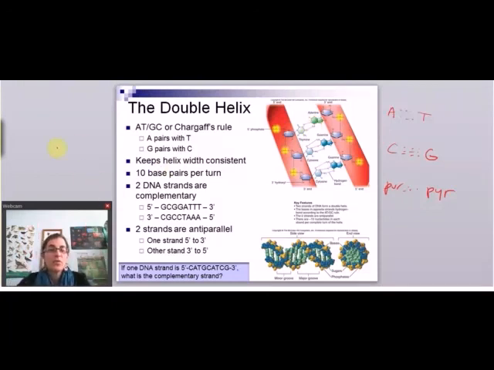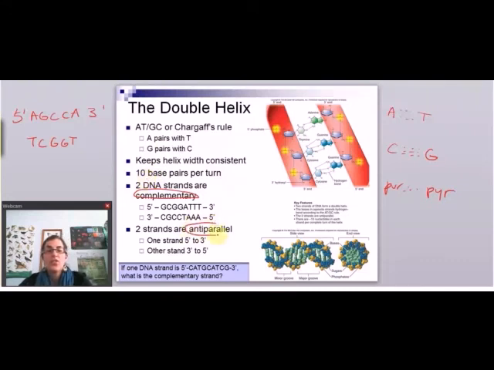Because of the base pair rules, the 2 strands are complementary. So that means if I know the sequence of one strand, like if it was A, G, C, C, A, for example, then the other strand must be the matching base pairs. So T, C, G, G, T. So notice A to T, G to C, C to G, C to G, A to T. So it has to have the opposite of the pair. And that's what's called being complementary. So once you know one strand, you can always figure out what the other strand is.